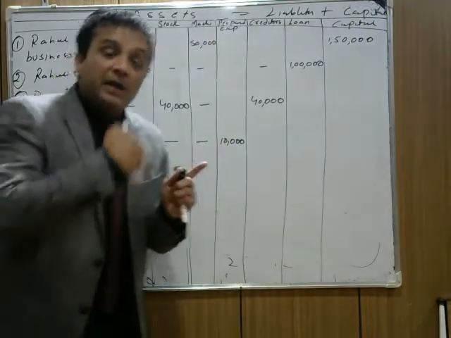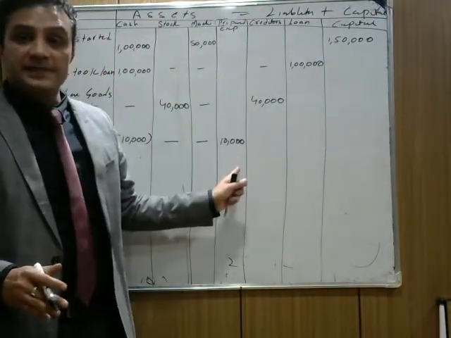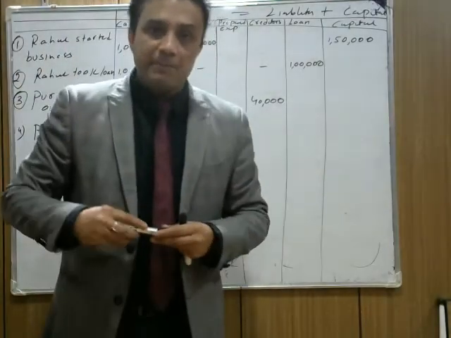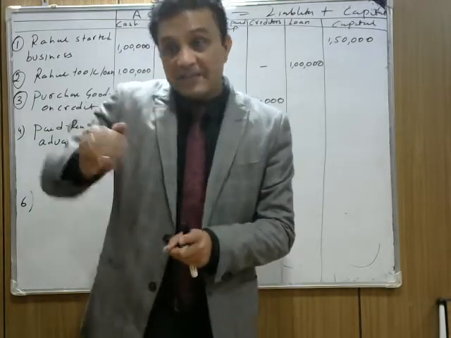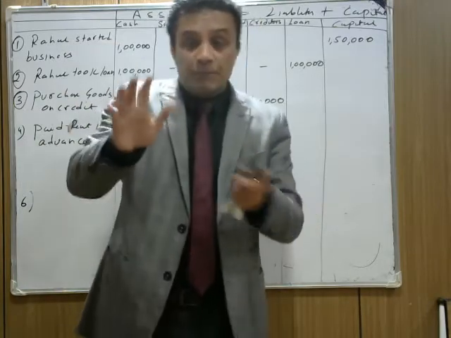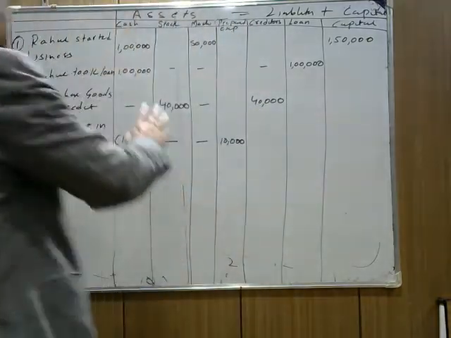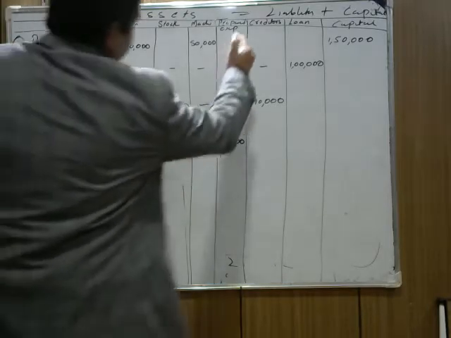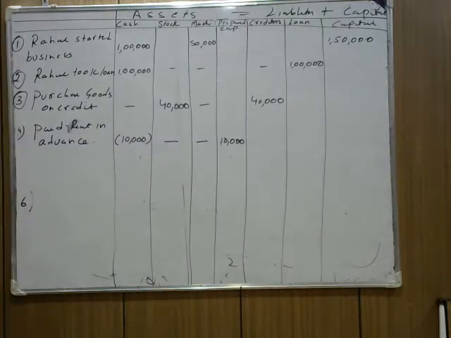Here we paid the rent in advance. So our cash decreases, but our asset also increases. Is it clear now? Any expense we paid in advance, हमने pay कर चुके हैं, तो हमारा cash कम हो गया. But when our cash decreases, at the same time our asset also increases because we can enjoy that portion, because we already paid it. So rent paid in advance 10,000, cash will decrease, and we make a column prepaid expense over here. We write 10,000. Okay, this is transaction number 4.